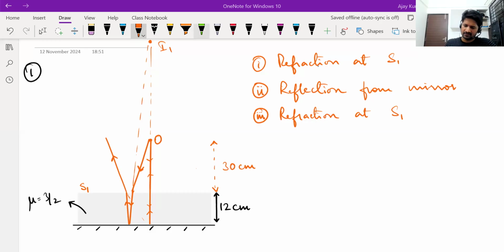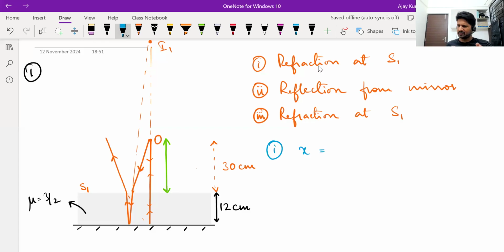Fine, listen. For the first refraction, this is the object distance. Positive or negative, we'll see, but 30 centimeters is where the object is. You need to find out where the image forms, and it's an image formed by refraction. You can use the spherical surface refraction formula, but when you apply it to a flat surface, it changes into the apparent depth formula. That's all. So for refraction at S1, that is the first step, you can write apparent depth is equal